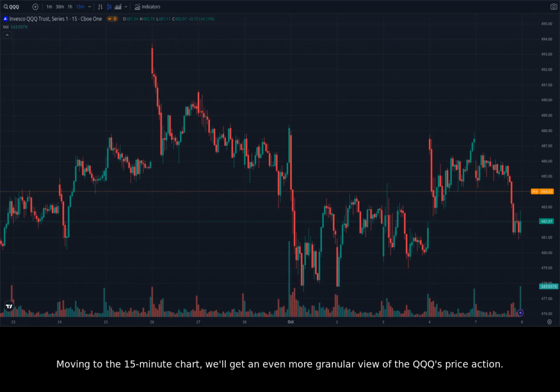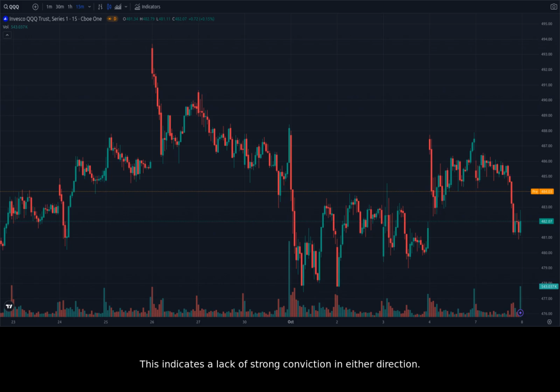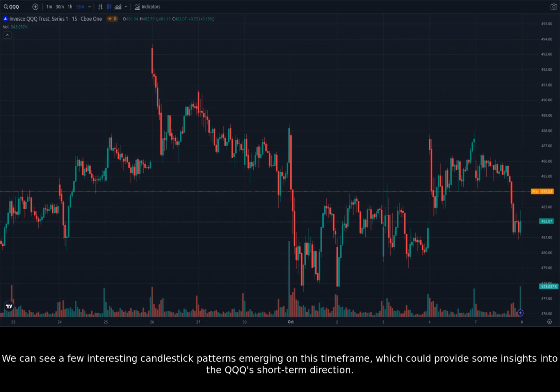Moving to the 15-minute chart, we'll get an even more granular view of the QQQ's price action. Over the past few hours, the QQQ has been trading within a tight range, with buyers and sellers seemingly locked in a battle. This indicates a lack of strong conviction in either direction. We can see a few interesting candlestick patterns emerging on this time frame, which could provide some insights into the